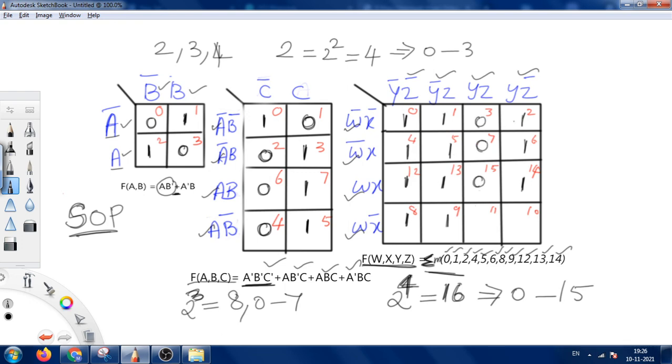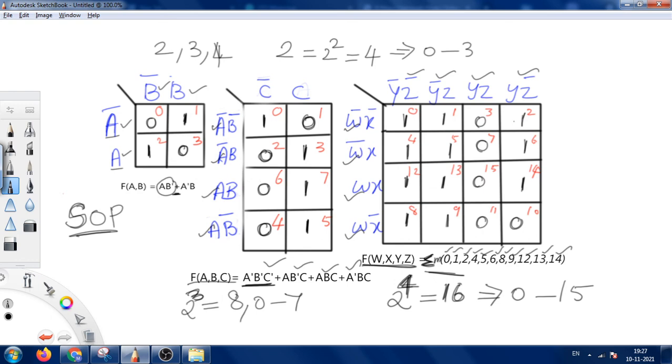Okay, so this is the way to fill the Karnaugh map with zeros and ones. According to the equation or the question given, whether it is based on min terms or on this type of equation, we can fill the map. Afterwards we can group the map with pairs, quads, octets, singlets and so on. So this is the basic method of how to name the Karnaugh map and how to fill the values in it.